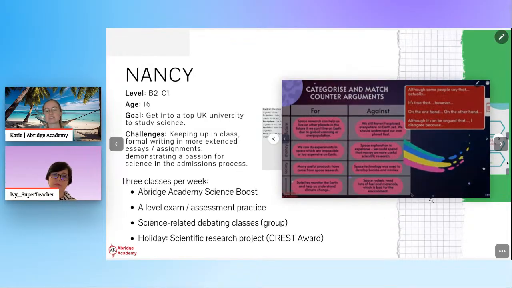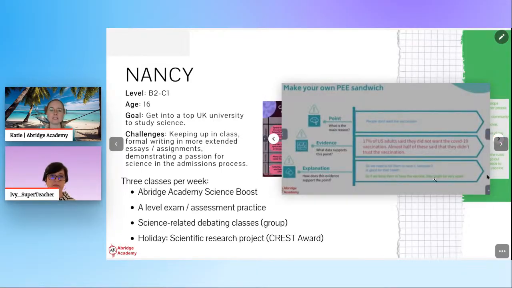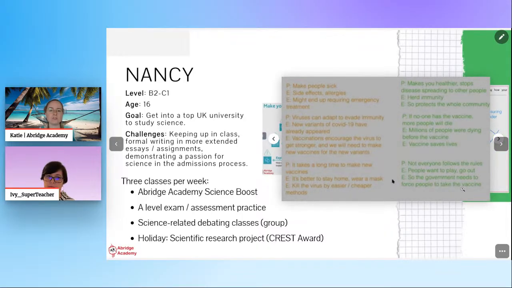And we practiced, yes, formal grammar and formal writing skills around that, but also just talking more generally around these topics. What does she think? What are her own opinions? Rather than just what do you need to learn to pass an exam? So we did quite a lot of the debating lessons. She really enjoyed those, coming up with different points of view.